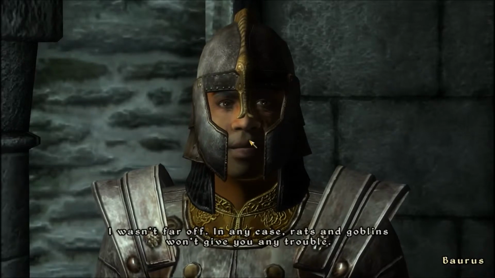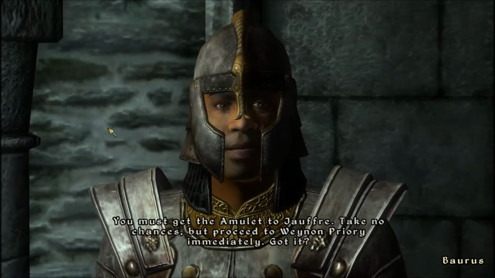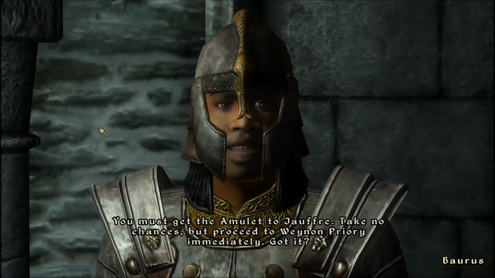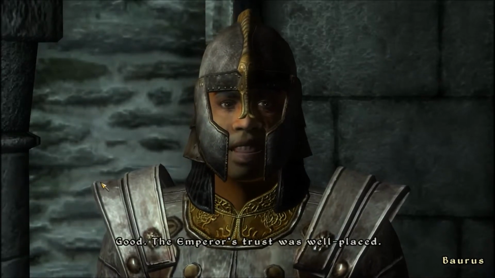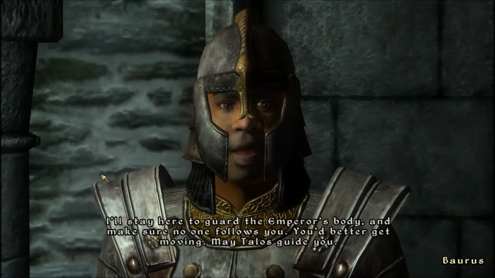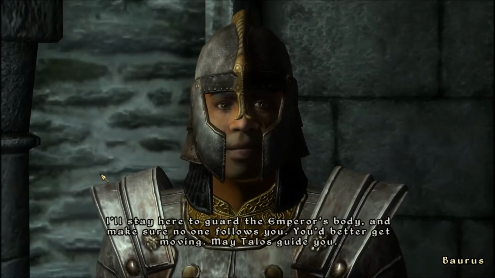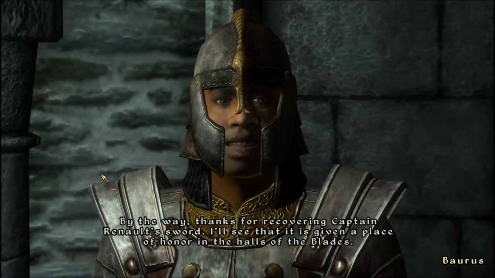No, they shouldn't do. Trouble. You must get the amulet to Joffrey. Take no chances. But Yeah, proceed to I'm Waynon not Priory going to do immediately. that, Boris. Got it? I'm going to do a little bit of Good. sidetracking before I go Emperor's to trust Waynon was well Priory. I'm placed. going to try and stick to the I'll stay here to guard the main Emperor's body. quest line for the and most make sure part, no but there one is one follows. place I want to You do better get beforehand, May Talos and guide you'll you. find that out By the way, probably in maybe the I'll next see that it episode is or the given